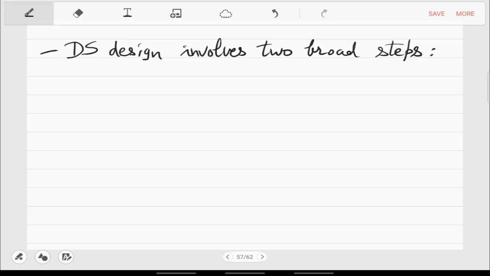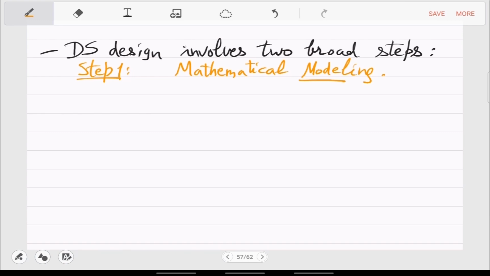So first step, when you see a problem, will be: what is the data structure model. That is the mathematical modeling that we have to do. So in this model part, you just have to define what the DS will be and then how it will be updated and queried.